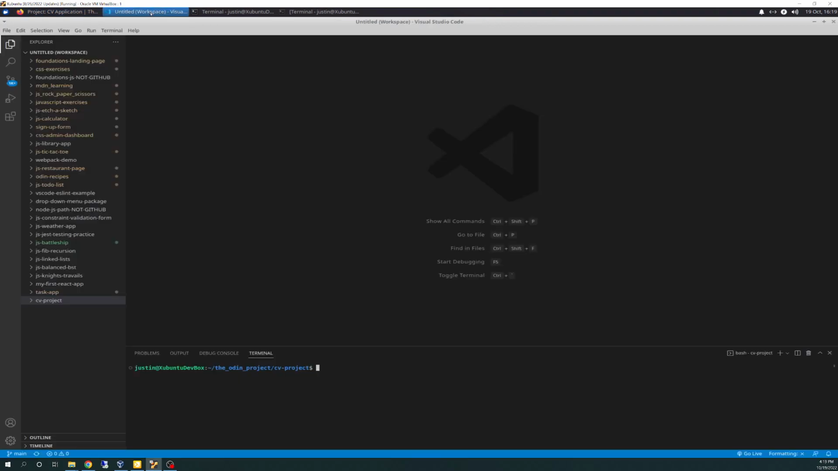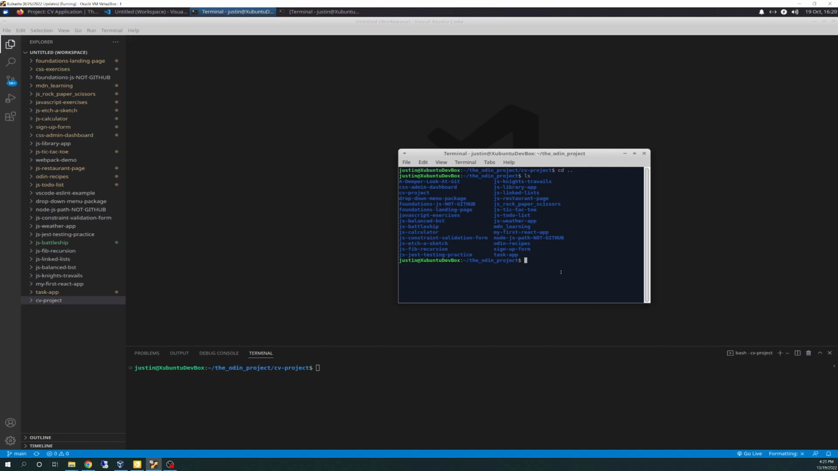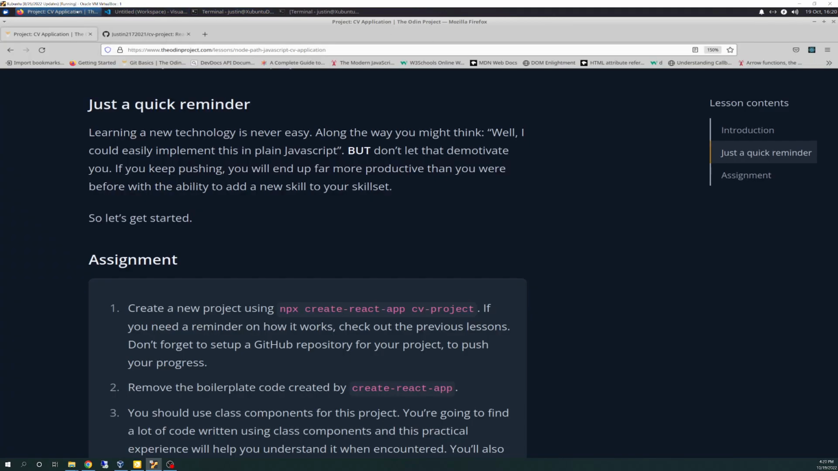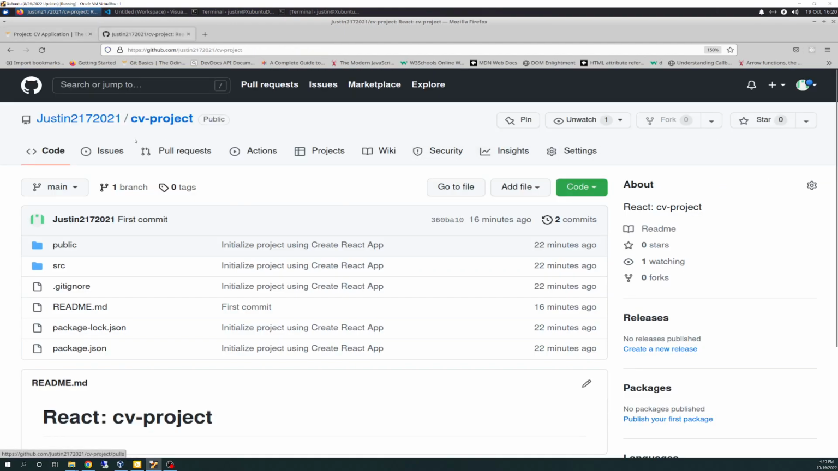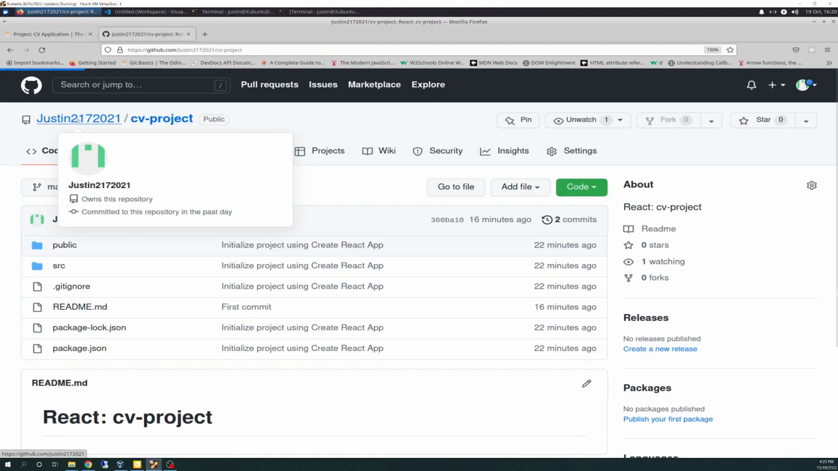So the first thing we're going to do, obviously, is pull down or create that npx package. I've already done this once, so I will just do this here, and I'll just call it CV project 2. So we're going to create that create react app package, and we're going to wait for that to complete. While we're waiting, let's go out to our GitHub, and we're going to go create our